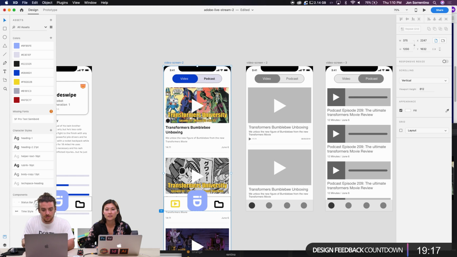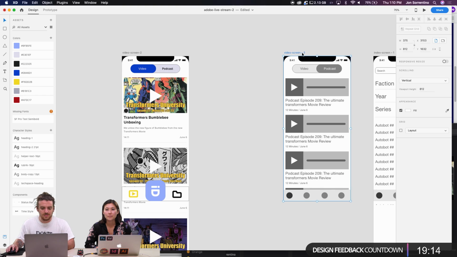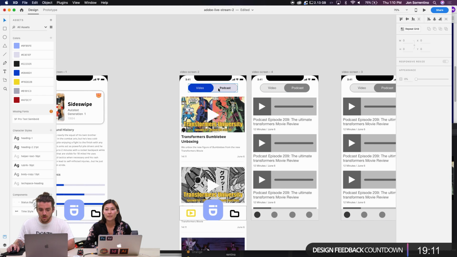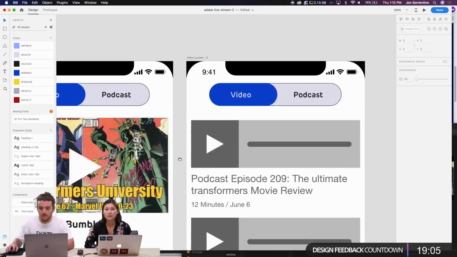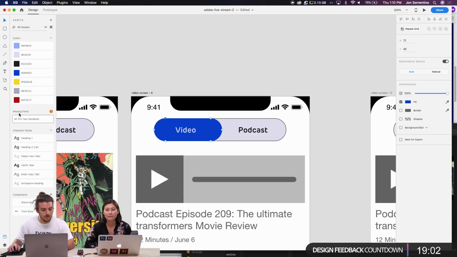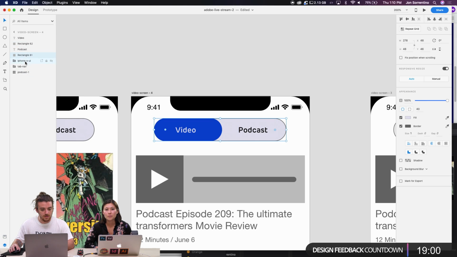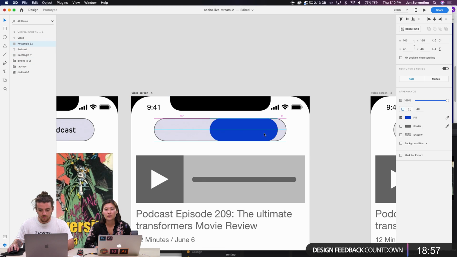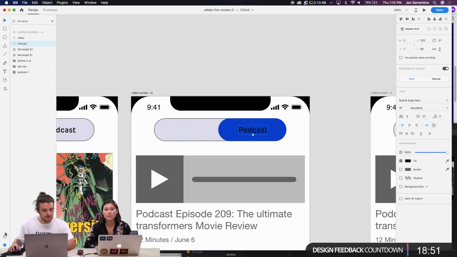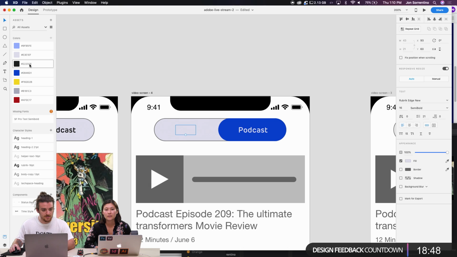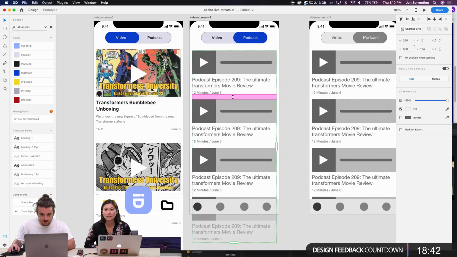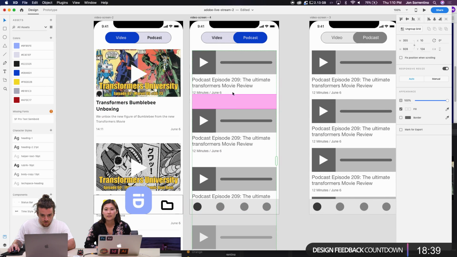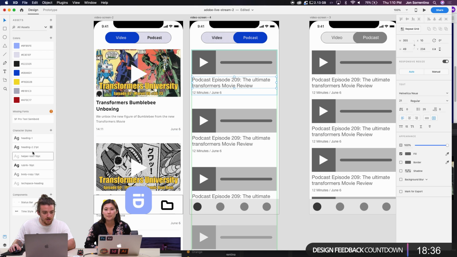Okay, so the podcast screen is gonna be pretty similar. We are gonna grab our little component from this little tabby thing, switch that over here. And then going back into my layers, I want this shape. I'm gonna bring it right over here. Set it to the back a little bit. Then I want this text to be white so it's active, and then this text needs to go back to darker. Cool. And then because we already have this as a repeat grid, I'm gonna give it a little more space because I know some of these things are gonna shift around a little bit when I start adding our new styles to them.